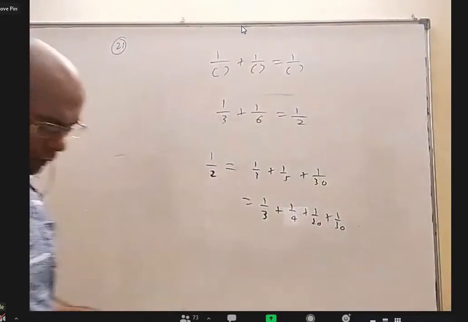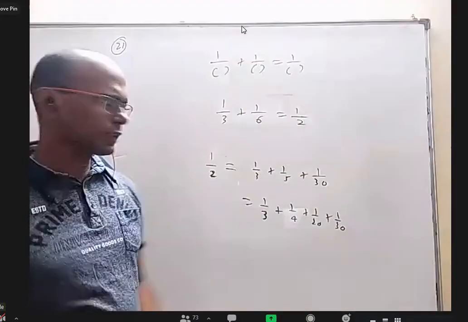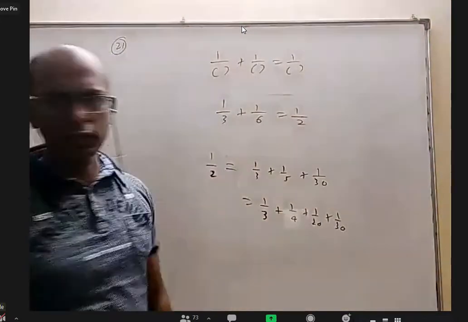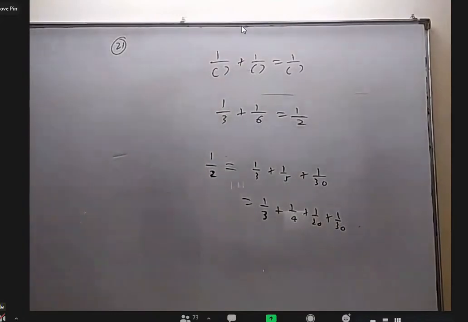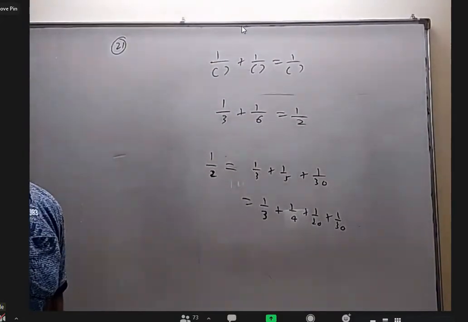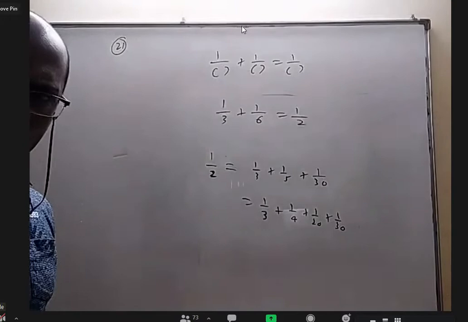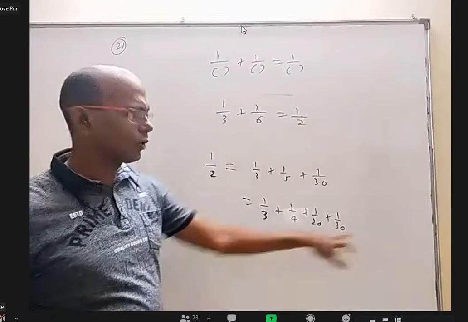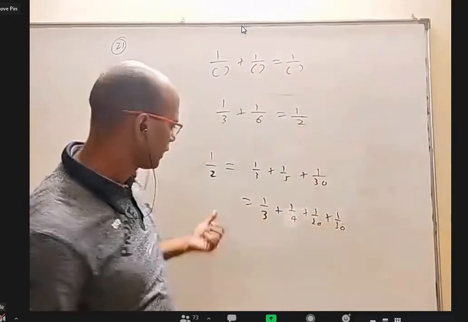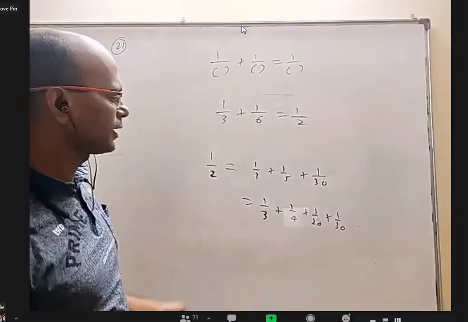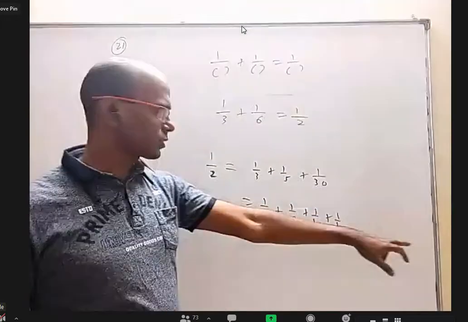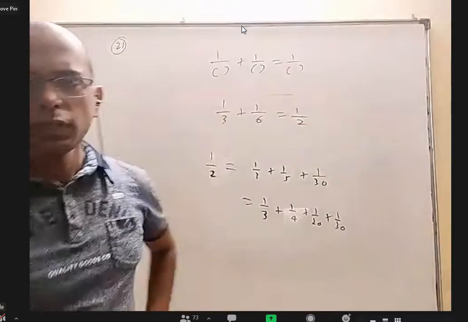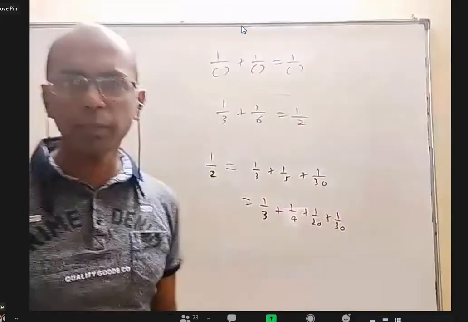Something like this. Has anybody seen some question like this where you have a sum of many reciprocals of natural numbers, but finally there will be the reciprocal of one natural number? You might have seen, right? Yes, sir. Okay. Sometimes there will be a long series, 20 terms, 30 terms. Answer is finally very simple. And I think how to get an idea that, so many fractions, but when you add it becomes such a simple fraction, and that too the reciprocal of a natural number, not some other rational number like p by q.